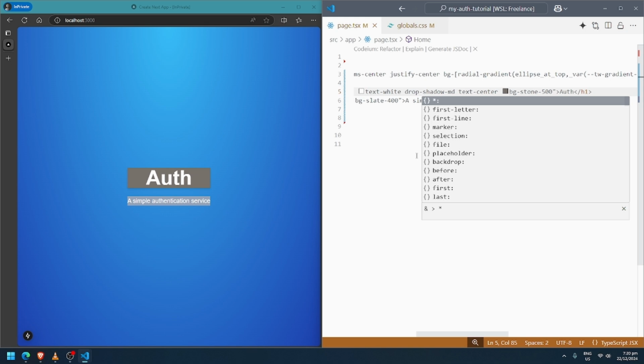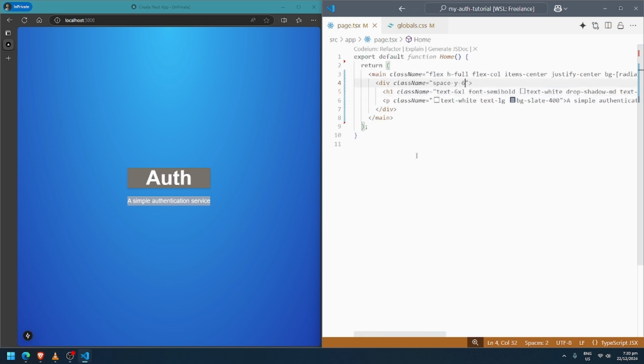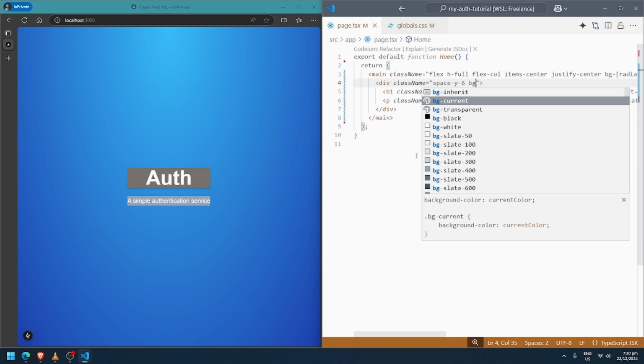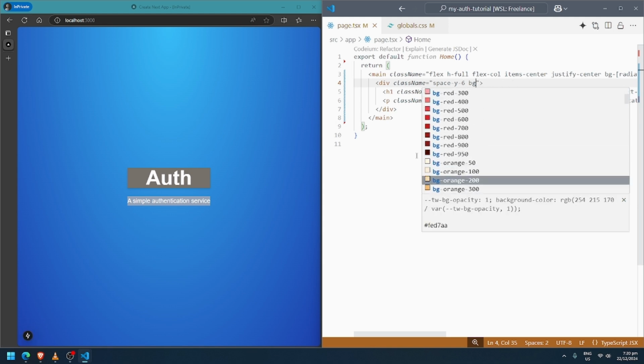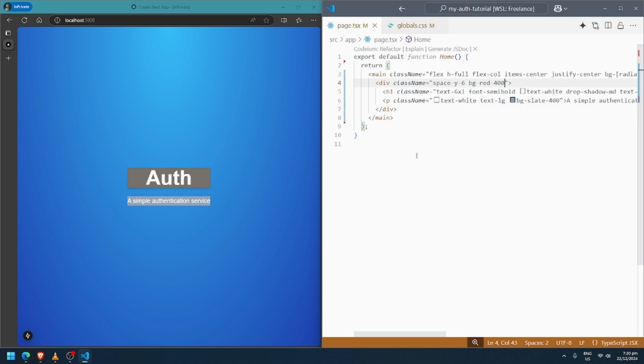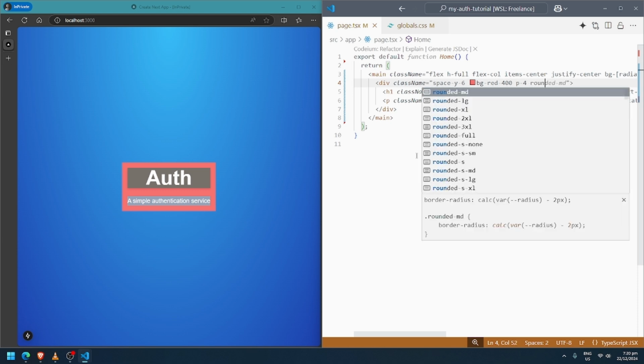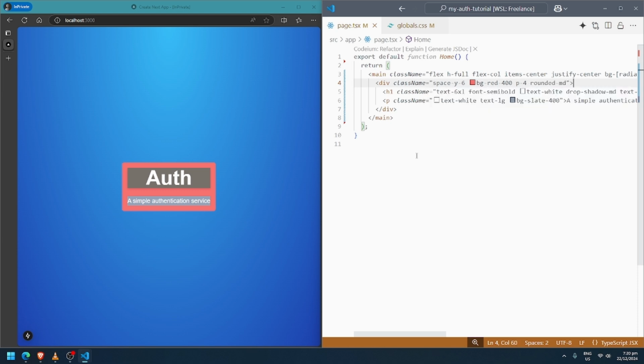Alright, now let's try adding a background here. Some red, and we can also add a padding of 4, rounded MD. That's our